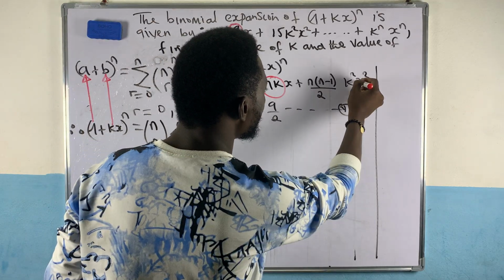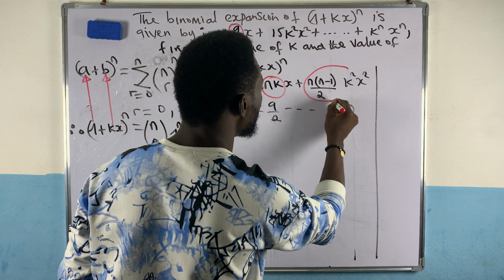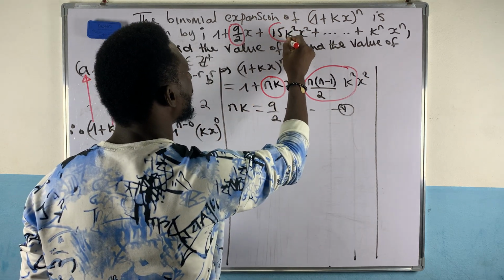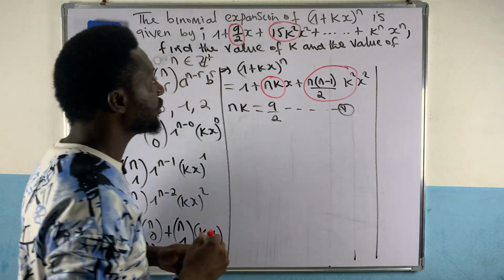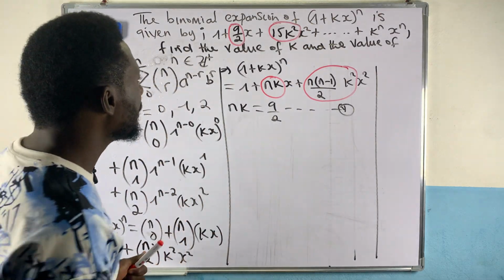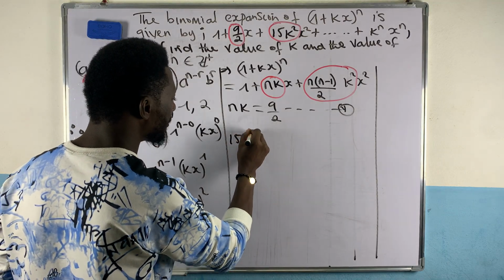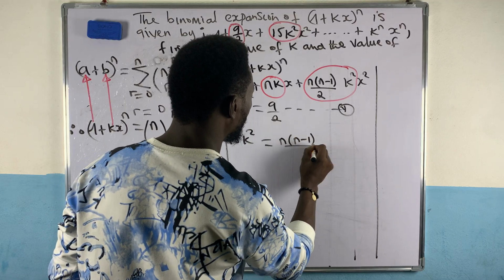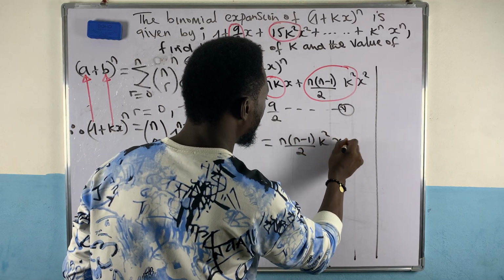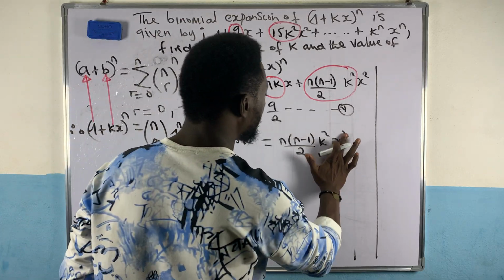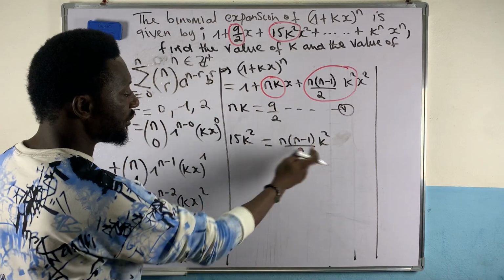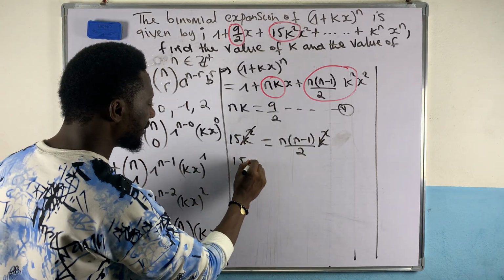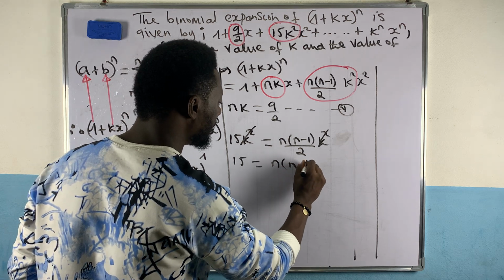Then the coefficient of x squared on the right hand side here should be equal to the coefficient of x squared in the original expansion, which is 15k squared. So 15k squared should be equal to n into n minus 1 on 2 k squared. Because we are equating coefficients, this k squared cancels with this k squared. You see that 15 equals n into n minus 1